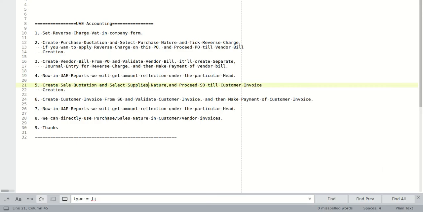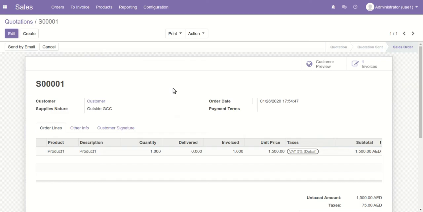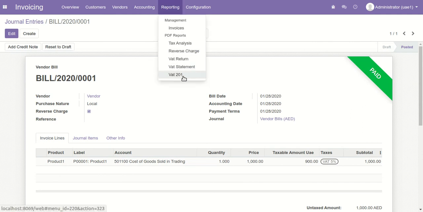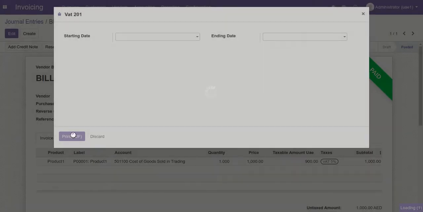Now the main thing is we will get this amount in the VAT 201 report. So for that let's see the 201 report.